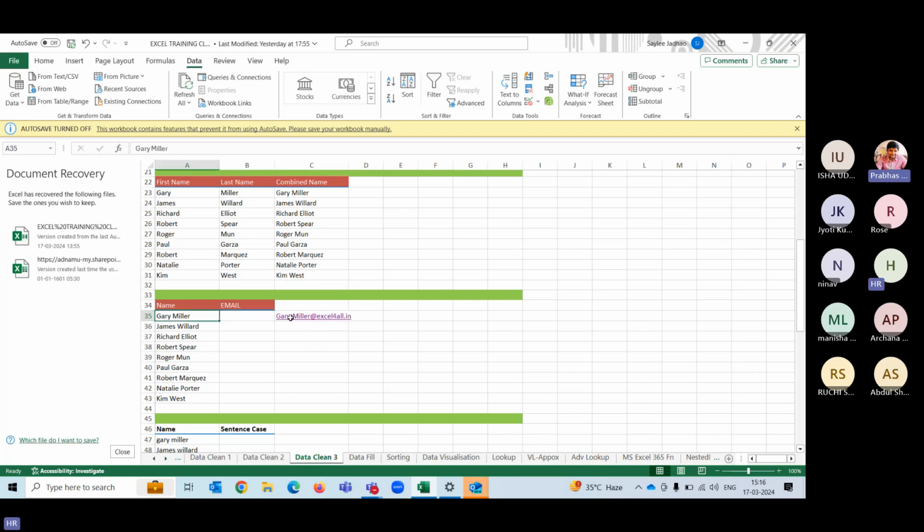Okay, fine. See, it is an issue; the left side is working. Do one thing. Go to column D. Now use the left arrow key. Now press the delete button. Yes. Now come to column B and type Gary.Miller